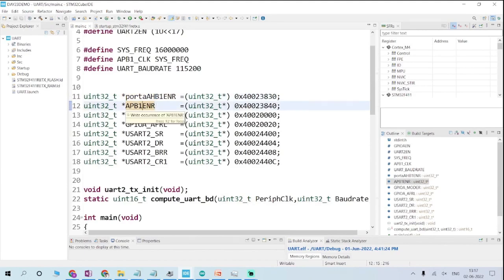Okay, so our USART2, we are going to print the value on USART. USART2 is connected to the APB bus, so we have to enable the clock for this APB bus. For that, we have initialized the address by using the memory map registers. Okay, and port A,